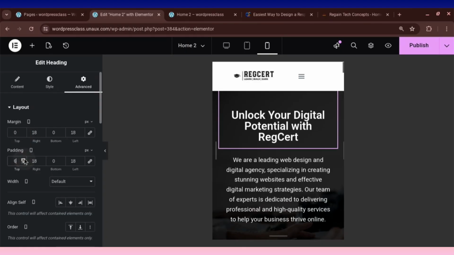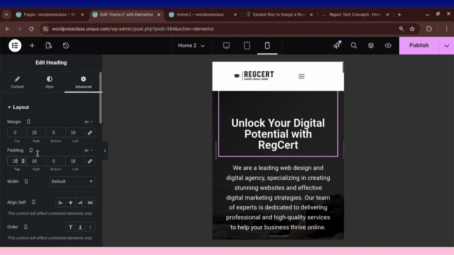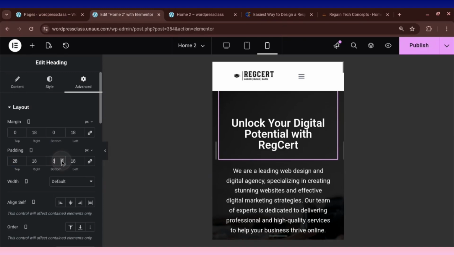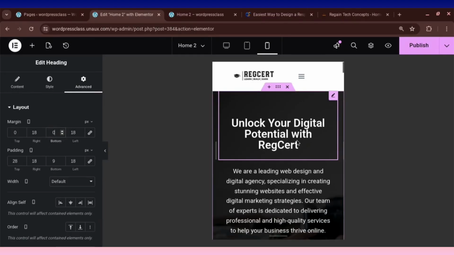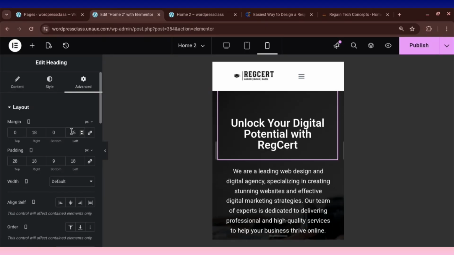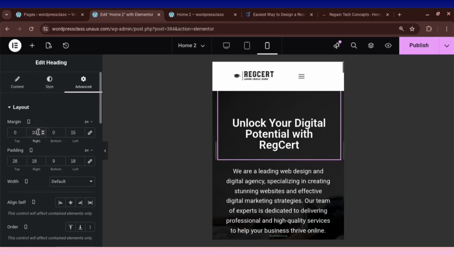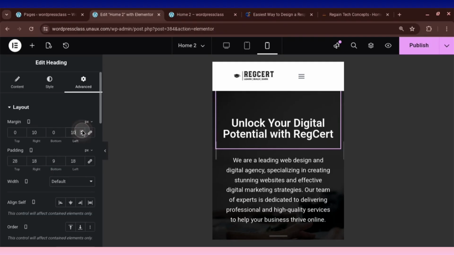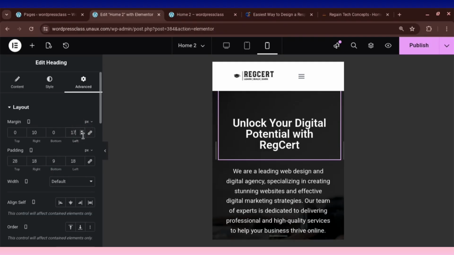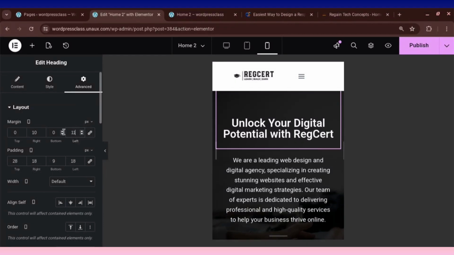Then we can go back to advanced again, give it margin, let's give it padding, padding top and bottom, okay. So we can still make it better here. So let's give the margin 15 instead of 18, or we can give 10. Let's give it 10 margin, okay, or let's increase it a little. While increasing it, we'll be monitoring it, okay. This is 14 and this is 12, this is 11,